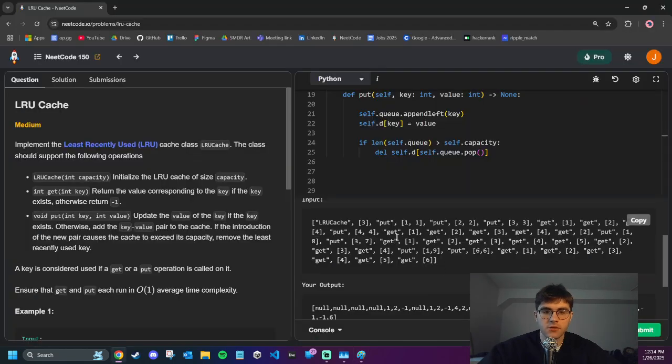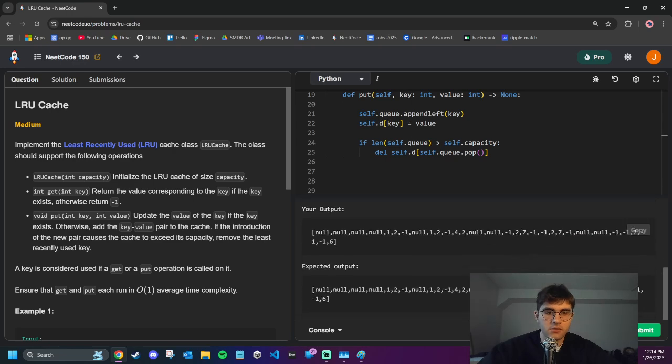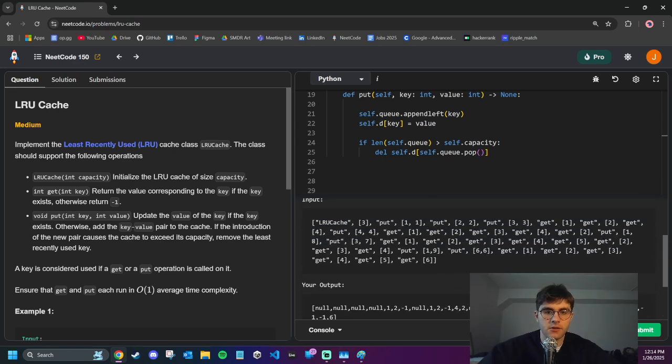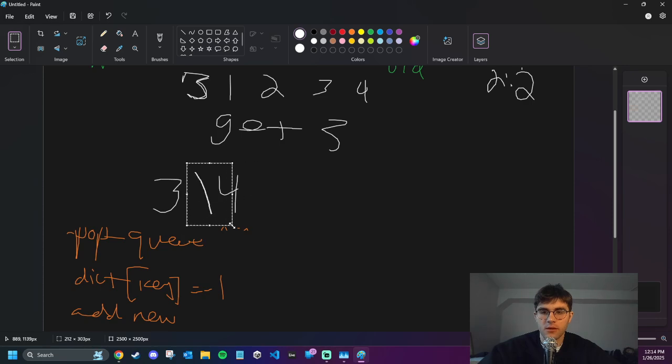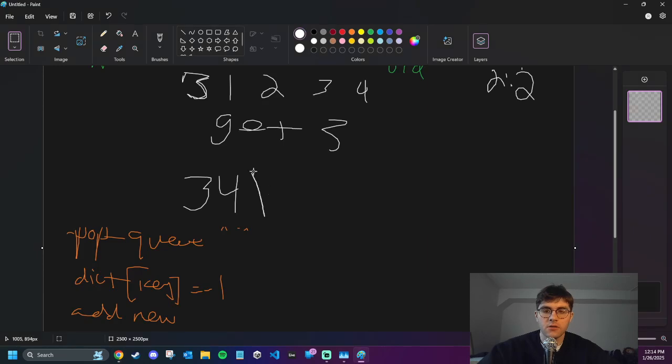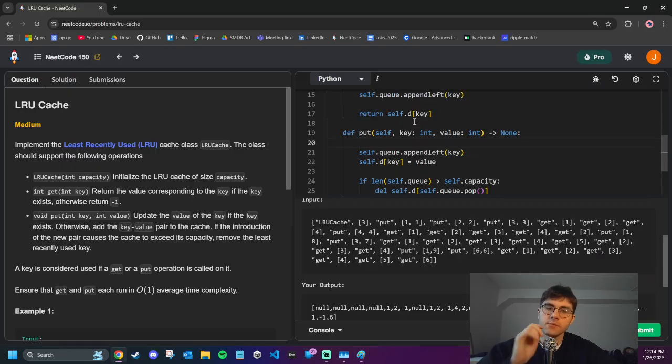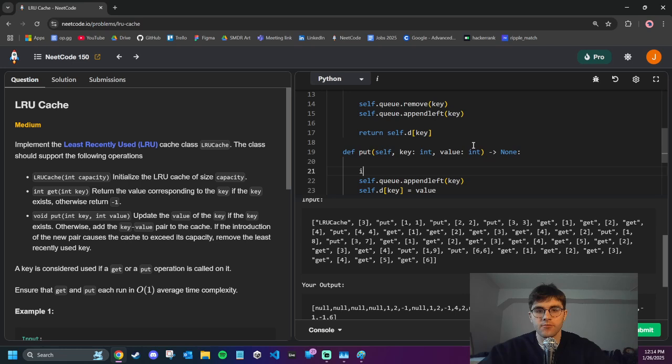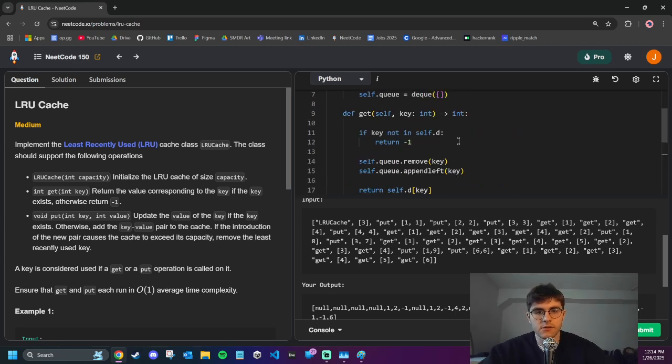Get 1. So 1 should give me 8, right? Yeah, but I say 1's not in there. Okay, I think it had to do with putting something that's already in there. So if we're putting something that's already in there, maybe we could say if key in self.d. So if it already exists,